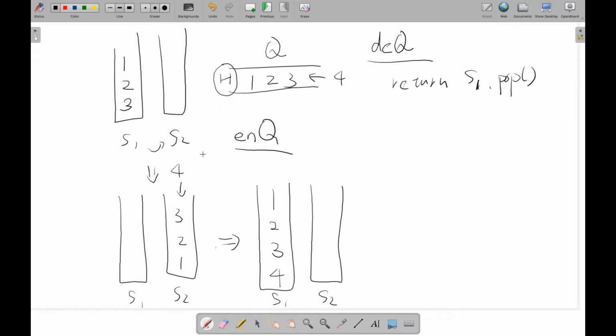Okay, so we follow this sequence, right? Step number one, when we are enqueuing new information, right? We want to enqueue, let's say, new data, we call it D, right? This is the data that we'd like to insert. All right, so the first step that we do is that we should actually move everything from S1 to S2,